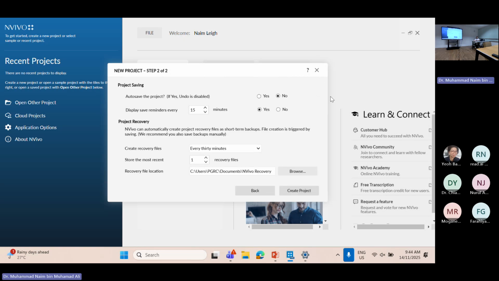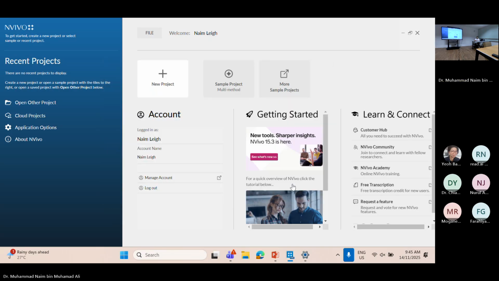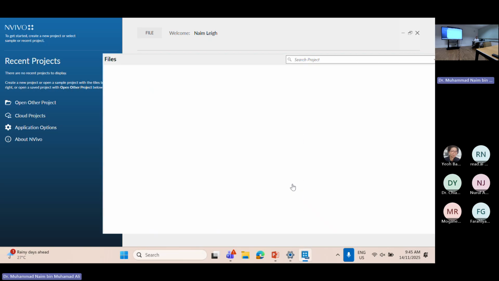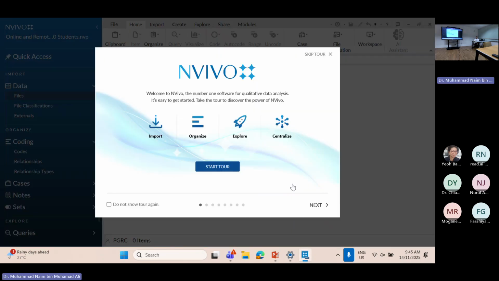Auto-save the project if you want, but if you don't, that is fine also. You decide whether you want to save it or not. And then you create the project, because NVivo is pretty heavy and sometimes crashes.